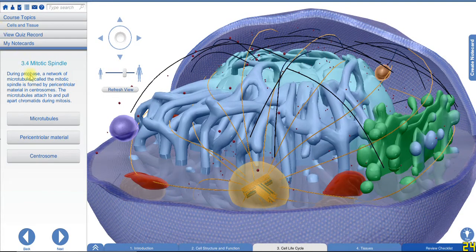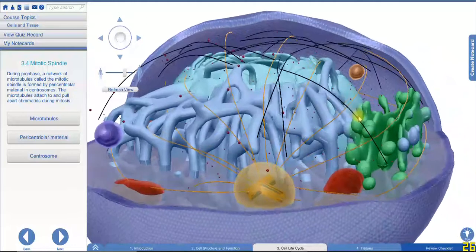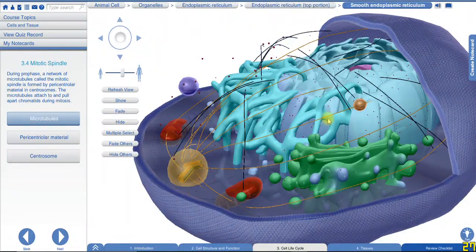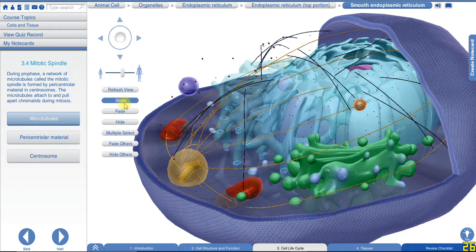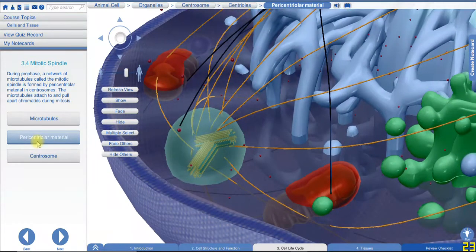So here you can see a mitotic spindle. What is this? I am showing you. So this is a mitotic spindle. And what is given here when I talk about microtubules? So these are the microtubules which are there. If I fade the other parts, okay, so these are called the microtubules. Then comes your